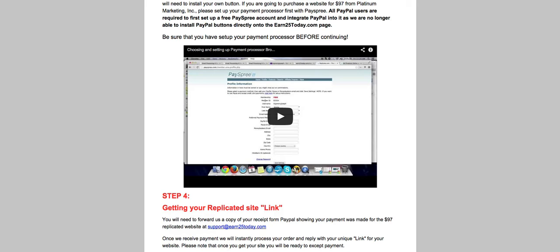Now, a couple of things. If, for instance, you paid with an e-check, it's going to delay the process. So, once you've made that payment and the payment has cleared on our side, we're going to fulfill the process of rebranding your site. When we receive the email with your PaySpree username and also the receipt showing that your payment has been made, we're going to reply back with your unique link